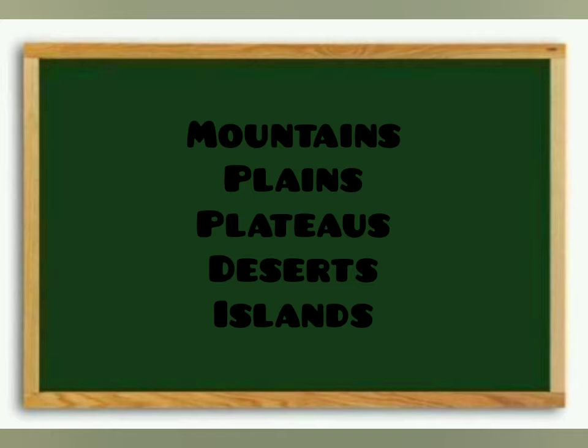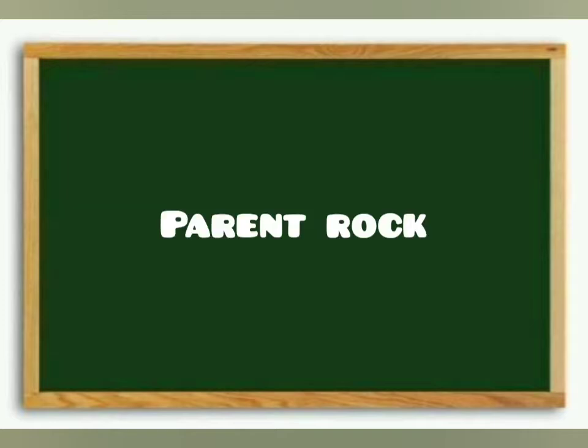So this lesson deals with the formation of physical features. The color of soil varies from place to place. Have you noticed this? It is due to the parent rock. That means the various types of soil found here formed from different parent rocks beneath the earth in the crust layer. The factors leading to the formation of soil and relief, that is topography, are weathering, that is breaking of rocks, erosion, deposition, etc.